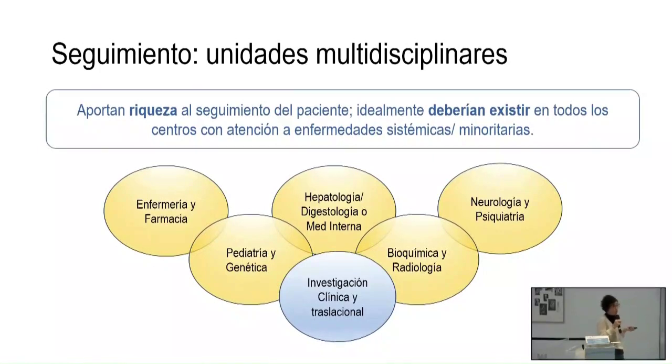The last part is how valuable multidisciplinary approaches are, especially for rare diseases. Rare diseases have this component, and it's very hard to have a specific experience. So it is important that all patients are treated and clinically supported by those centers where we have many different areas of specialty and we can work together. Not only that, but in these centers, most of the times we do have colleagues that are